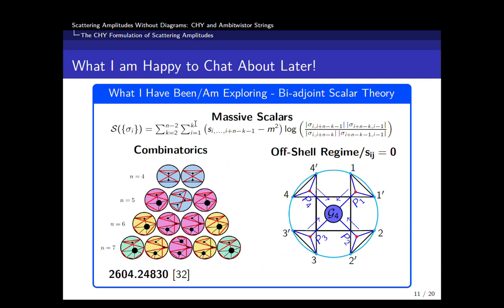A nice feature of CHY is you can build what we call the scattering potential. When you extremize it, you get your scattering equations. So we built a nice formula, and it actually derived the massive equations that came out about 12 years ago. Then we looked at some combinatorics, we looked at off-shell scattering, and what happens when some of our kinematic invariants are 0 in these polynomial equations, and how we can build correlation functions from amplitudes. And you can do this by this very nice double color structure.